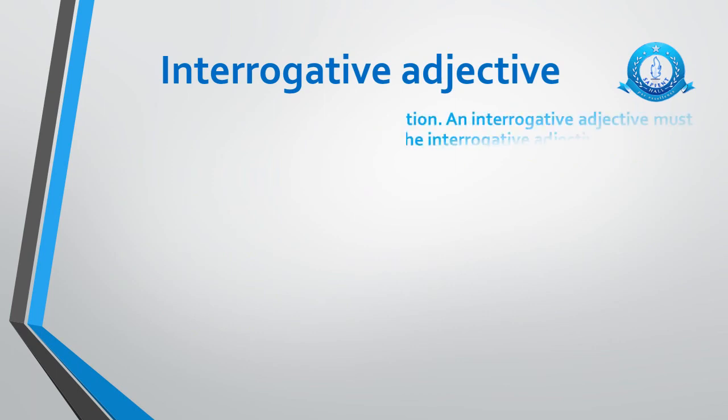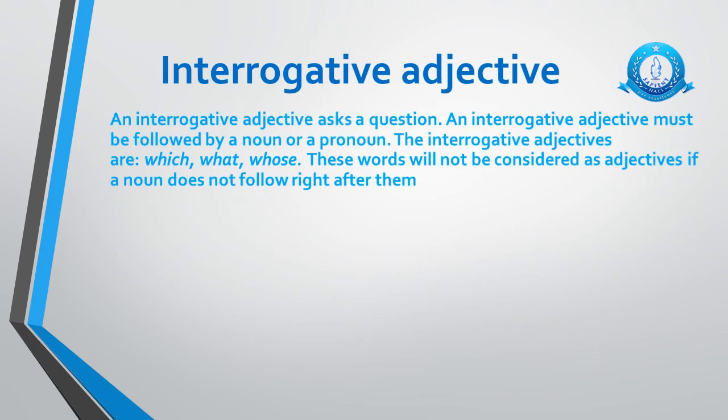Next is the interrogative adjective. An interrogative adjective asks a question. An interrogative adjective must be followed by a noun or a pronoun. The interrogative adjectives are which, what, whose. These words will not be considered adjectives if a noun does not follow right after them. Examples are: